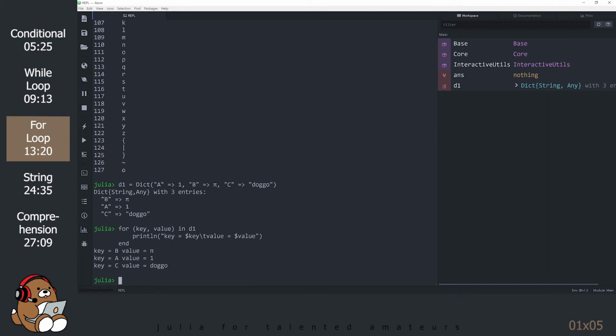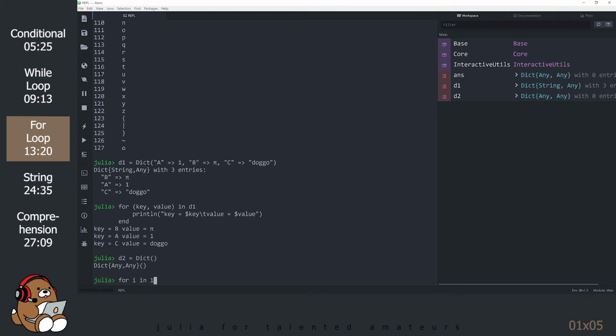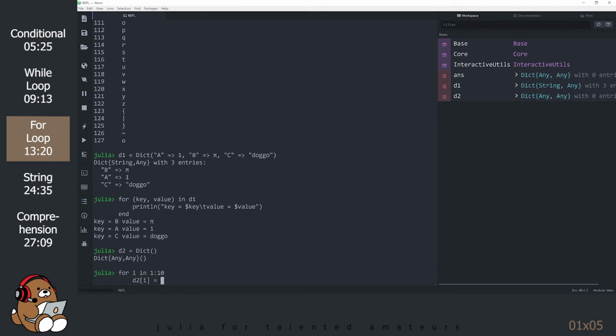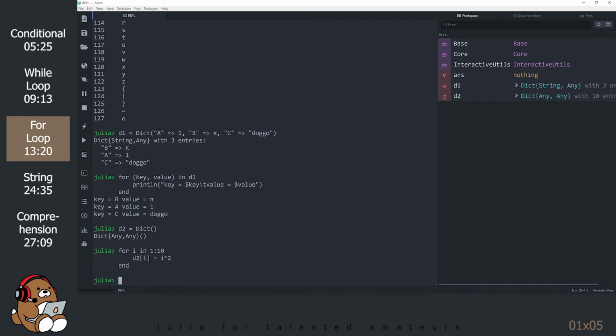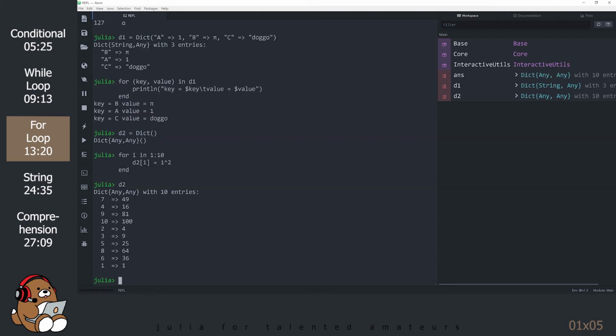You can populate an empty dictionary using a for loop. Let's set up an empty dictionary for this example. Notice that the for loop does not return anything, so you have to type in the name of the dictionary to view it. Or you can view it in the Workspace panel. This created a dictionary with the integers 1 to 10 as the keys and the integers squared as the values. As you can see, using a for loop to construct a dictionary was a lot faster than trying to type all of this in manually.